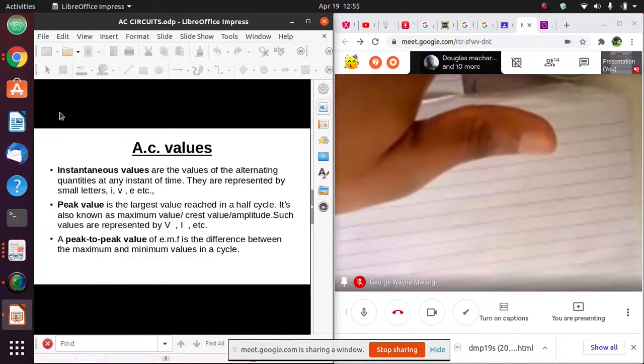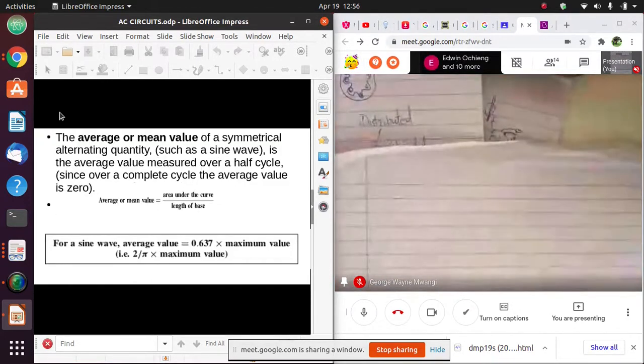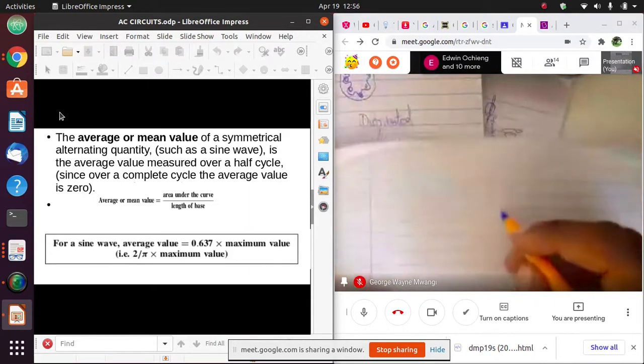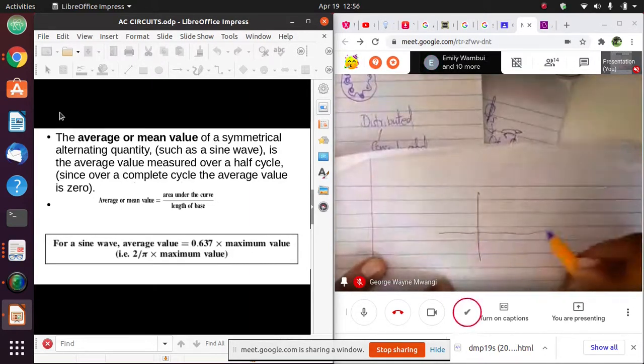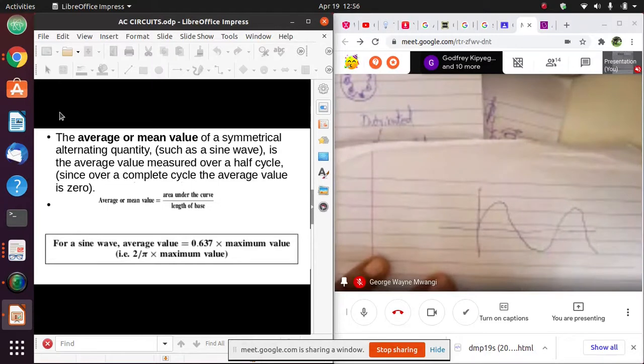Now, for a sinusoidal wave ambayo ina shape yake ni hii. For a sinusoidal wave ambayo its shape is defined, inakaa namna hiyo. The average